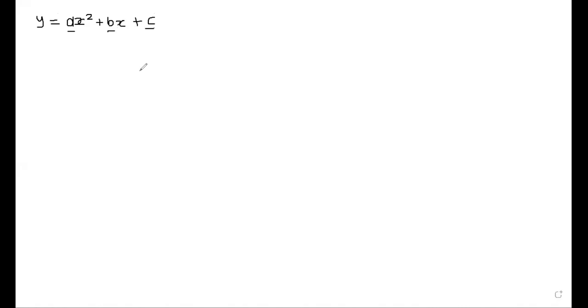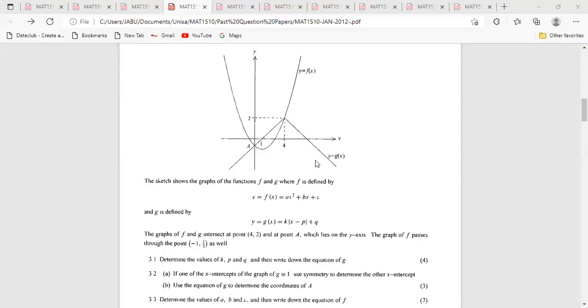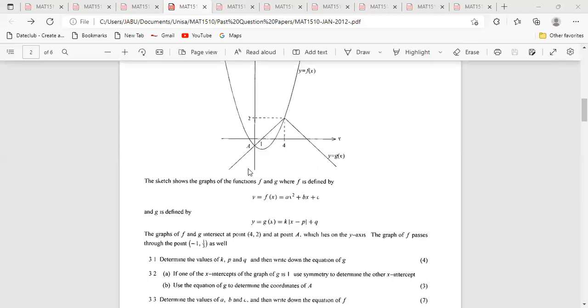What must happen if you have three unknowns? You need three equations, right? You need three equations to solve for three unknowns, and you must solve them simultaneously. Now, let's see if we have enough information to use to find three equations. Okay. We know that the graph, this graph,